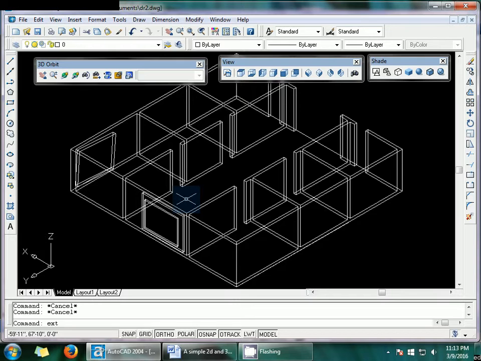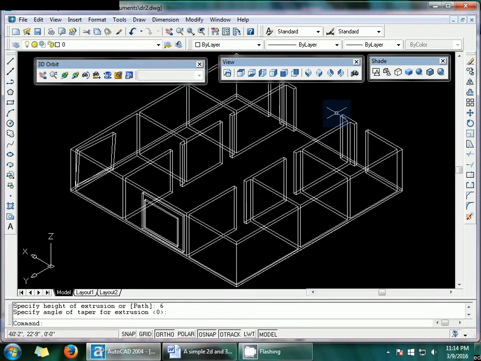And now use the extrude command and select the rectangle and give the path according to your choice. I'm using here 6, double enter, and you can